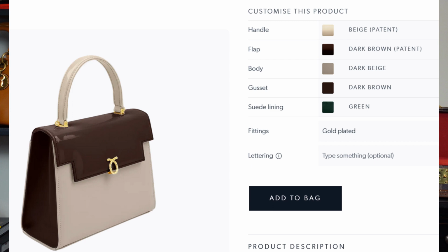you to customize these bags so much, so with different colored leather, with different finishes of leather, and I think that that flexibility to make the bag your own is something that makes the price, in my opinion, a little bit more bearable, in that yes, it's an expensive bag, but it's an expensive bag that I have customized the leathers to be exactly how I want this bag to look, the exact colors that I want this bag to have. And there is something to be said for that and for that experience that you get customizing a Launer